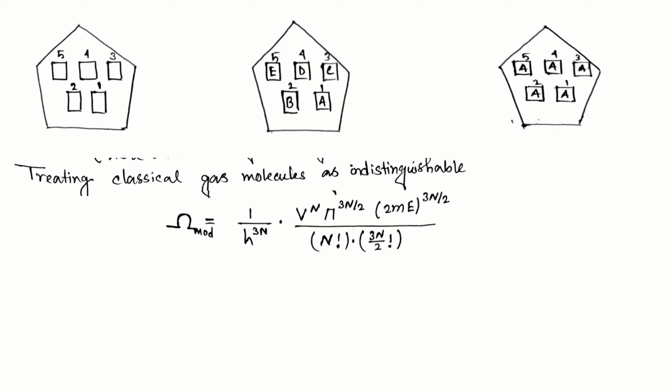So this is our omega modified. So omega modified is nothing but omega by n factorial. So due to that, S will change, and we are writing the new quantities as mod, like modification. So the S will now be written as